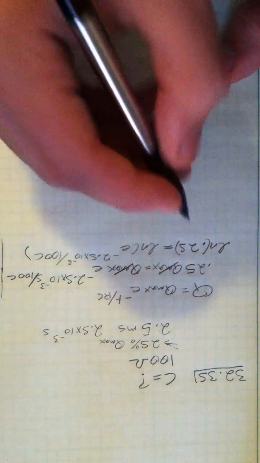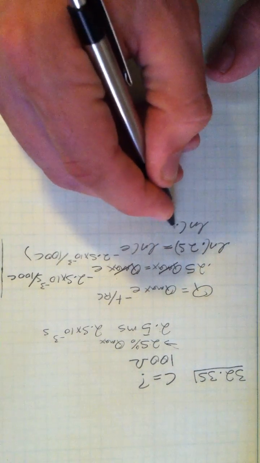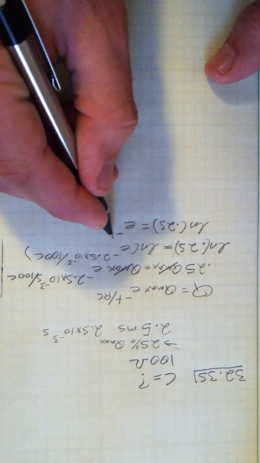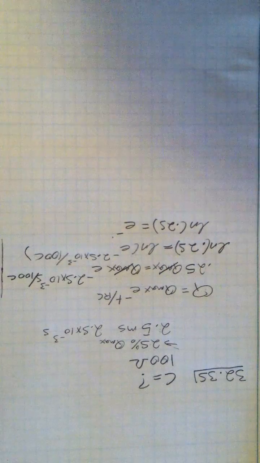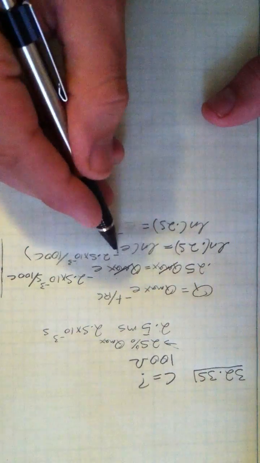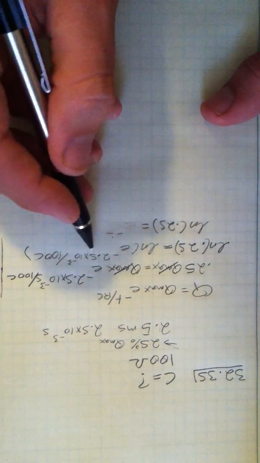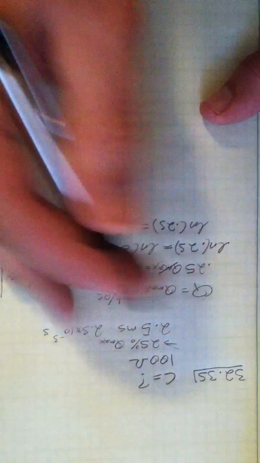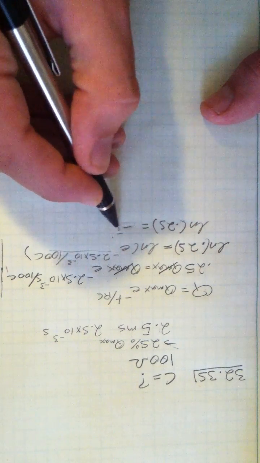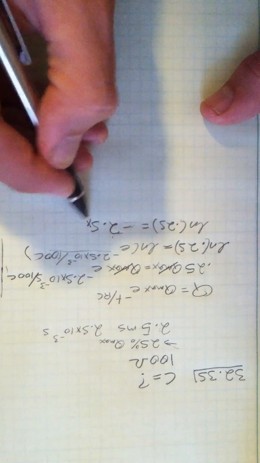Well, the natural log of e to something is just that something. So you have the natural log of 0.25 over here on the left equals negative 2.5 times 10 to the negative